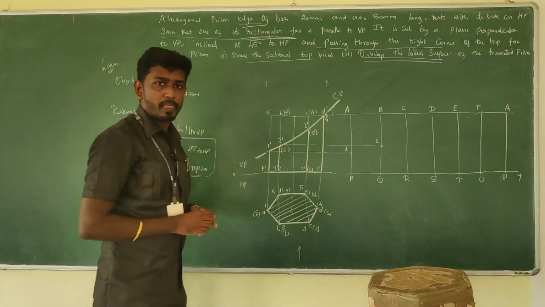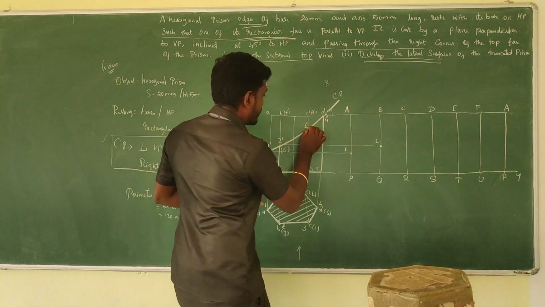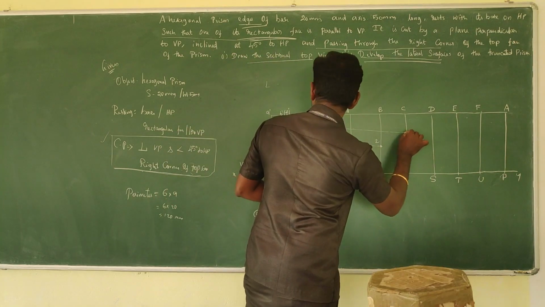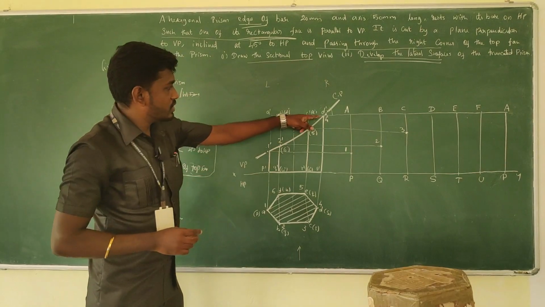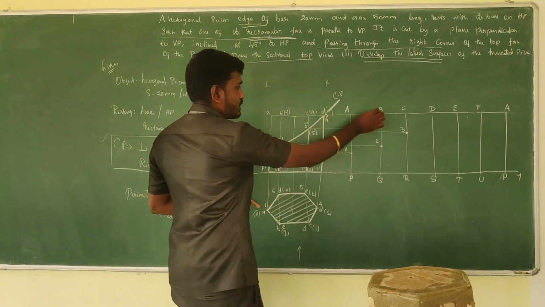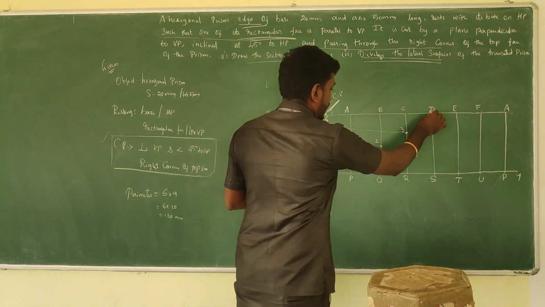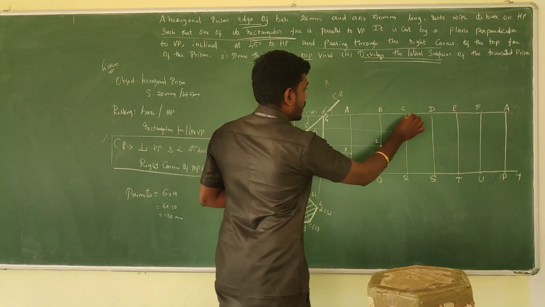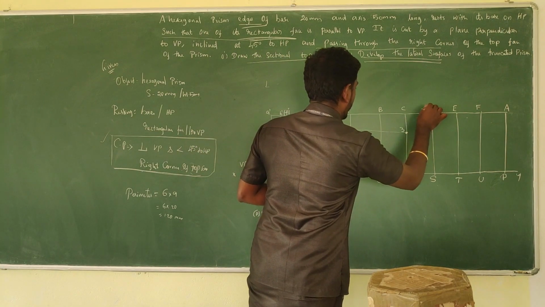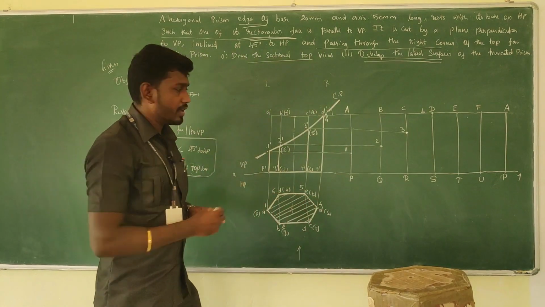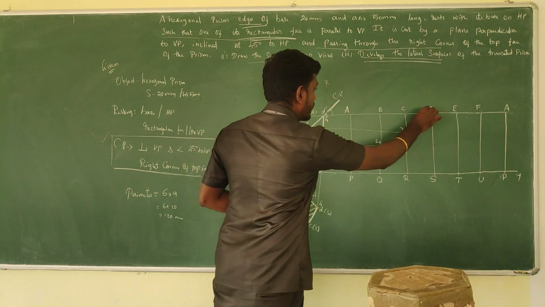So here is 2. Where is 3? Between C to R. C to R is here. Take the projector. Horizontal line. So this would be your 3. Where is 4? Here is 4, between D to S. If we take it at this particular point on D, we get 4. Okay. We can differentiate it. This is 1 1. This is 2 1. This is 3 1. This is 4 1.